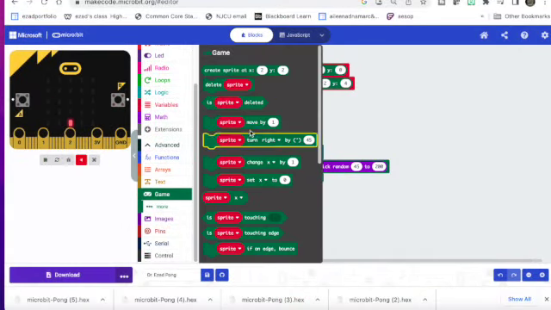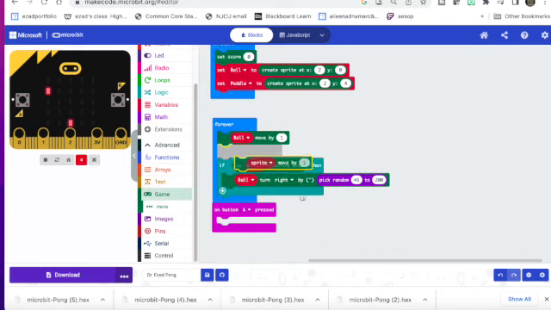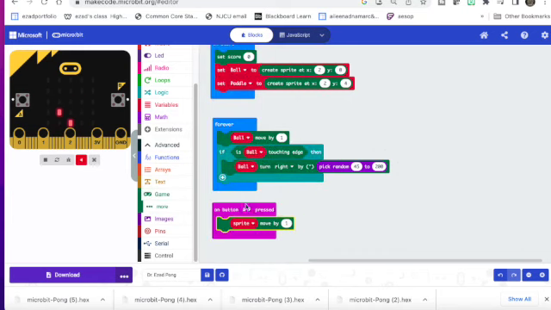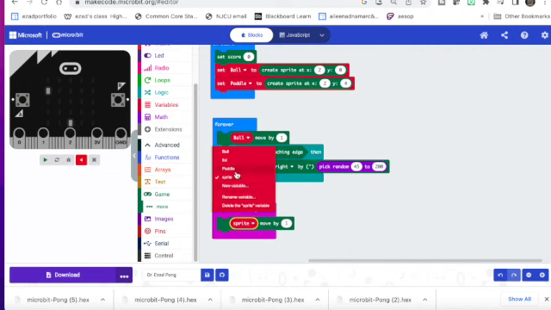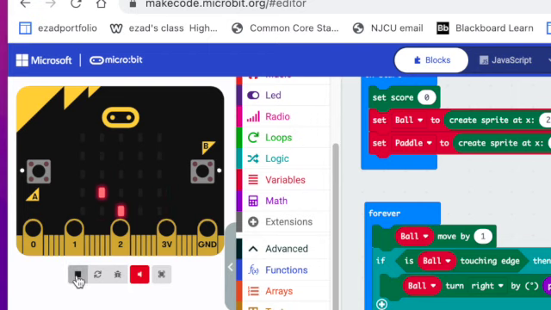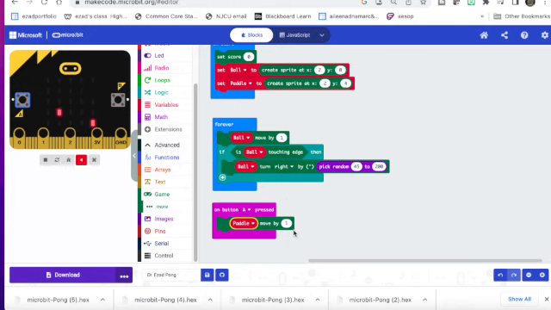And since we want one of the game sprites to move when we press A, we are going to go back to Game and select Sprite Move By, and select the appropriate sprite from the dropdown. And what you'll notice is that the sprite that is the paddle will be moving toward the right. And since the A button is on the left side of the microbit, it would make sense for the paddle